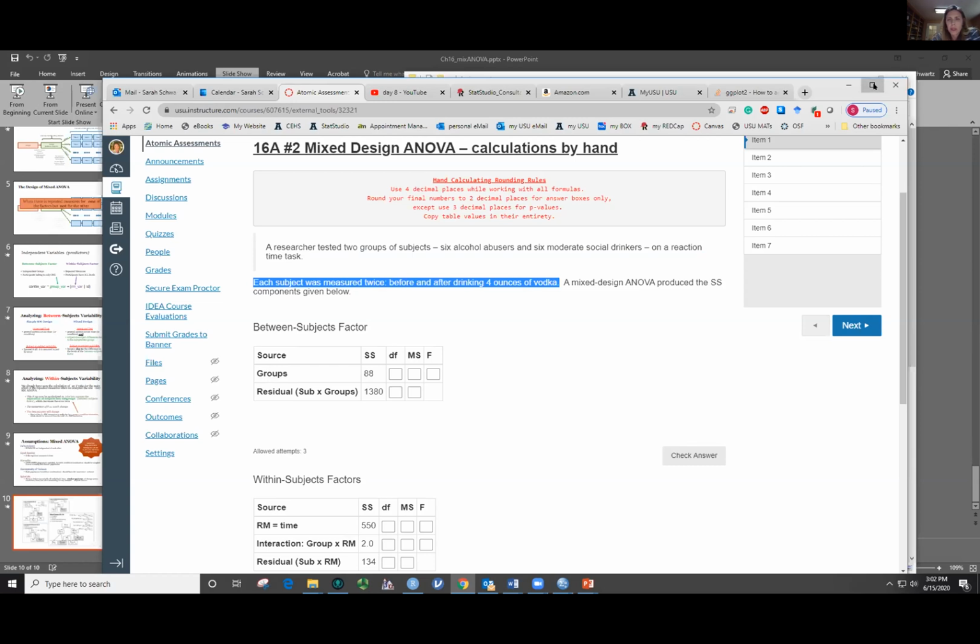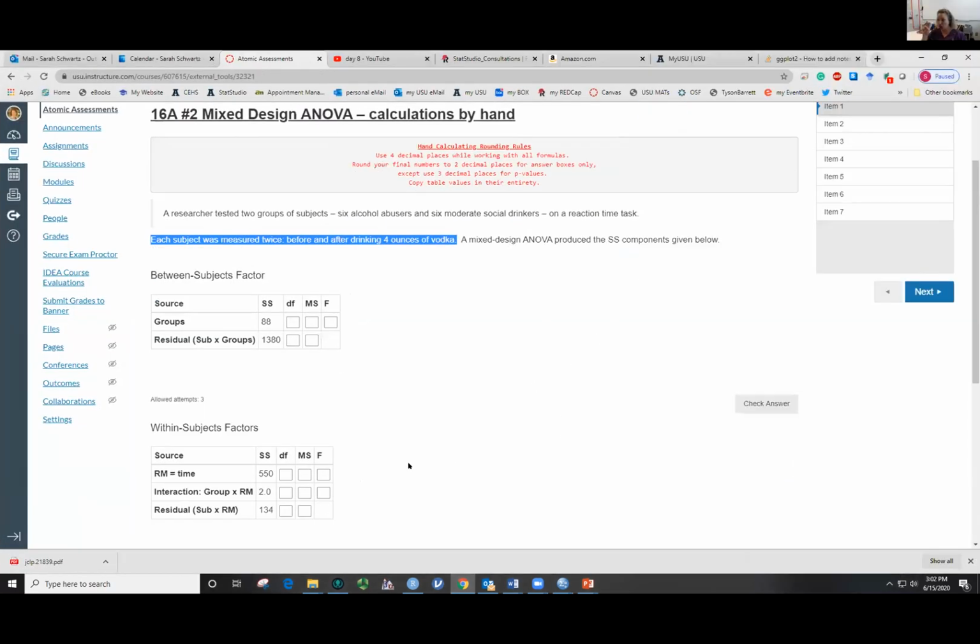Is it the 2 times? It's the 2 times. Time is our repeated factor. It's either before or after the drinking of this 4 ounces of alcohol, of vodka, specifically vodka. So it's a mixed design ANOVA because we have both 2 independent groups and this before and after repeated time